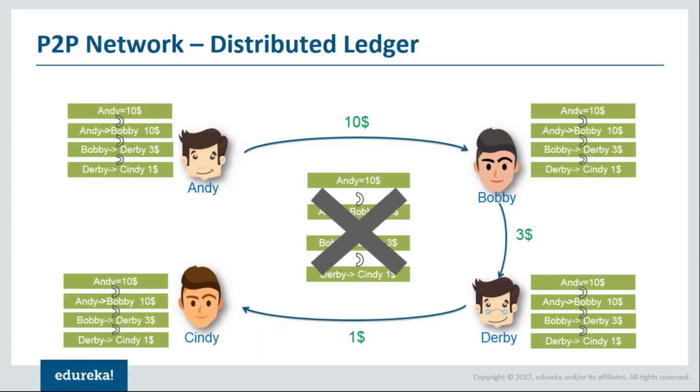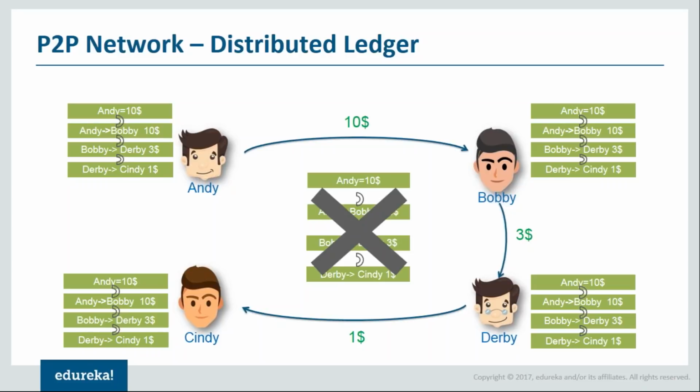But if you're using a distributed ledger system, everyone who's part of the system has a copy of this, thereby ensuring that even if one copy gets corrupted or destroyed, there is no problem and everyone else part of the system has a copy. Even if Andy loses his copy of the ledger, he can request it from Bobby, Debbie or Cindy. Or let's say Bobby doesn't want to pay back Andy the $10 and tries to modify what is part of his ledger. Then Andy can check with Debbie and Cindy and ensure that the distributed ledger cannot be modified as such. So I hope you guys are clear with how the distributed ledger system works and how it's better than the existing central ledger system.